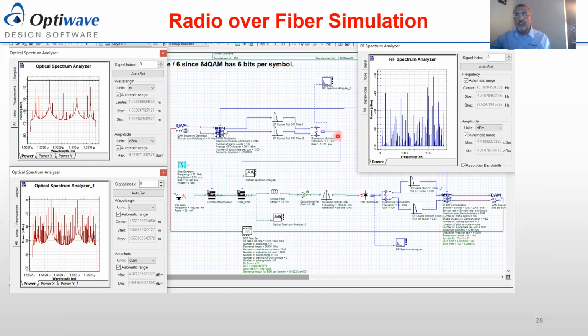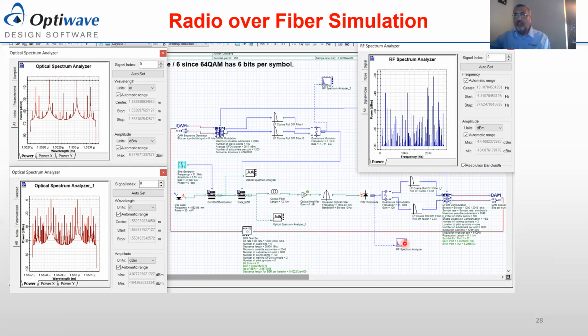Now the signal, once it is converted up to 2 gigahertz, is modulated with the light here. So each tone of the radio over fiber signal is going to be carrying the data. You can see here the first tone at 11 gigahertz away from the carrier, and the minus 11 gigahertz tone away from the carrier, carrying the data. And now the optical signal is transmitted over the fiber and amplified. In this configuration, we use a kind of pre-amplifier representation and then detection.